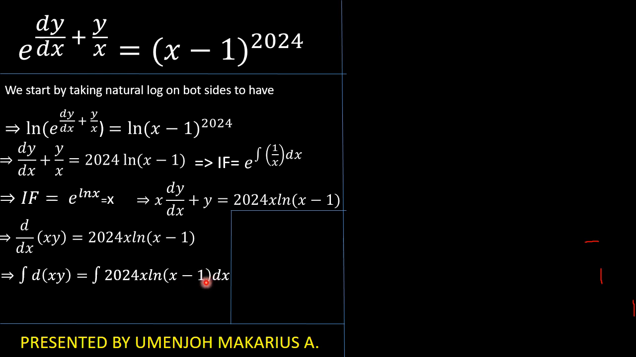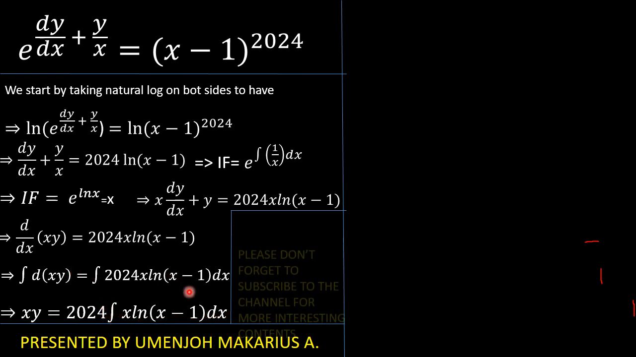Good. So in this case, we are going to take this 2024 outside of the integral, since it is a mere constant, and try to integrate x times the natural log of x minus 1. Now guys, let's see if we can evaluate this integral on a separate page. So guys,